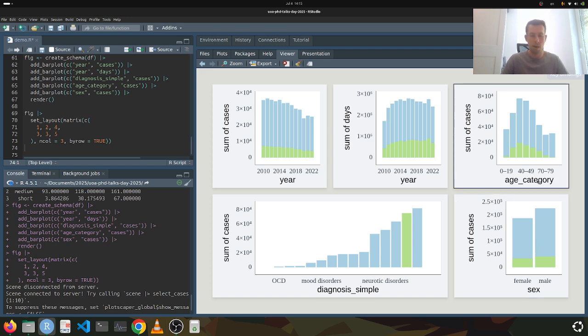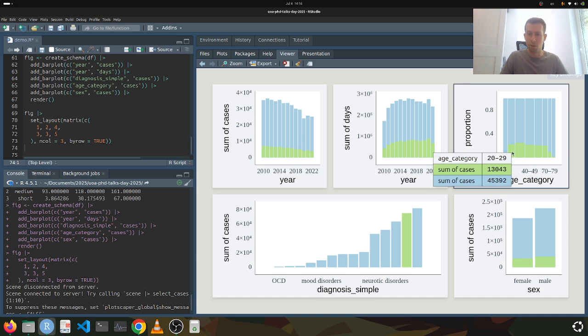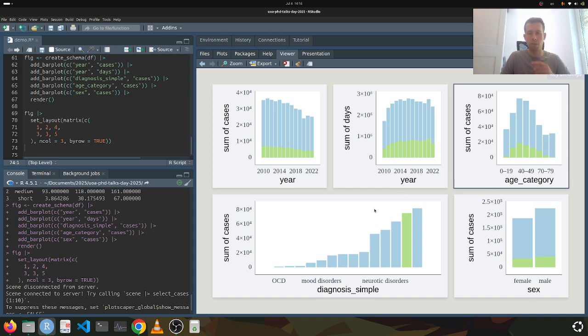And similarly, in the age category, we see that the schizophrenia patients are perhaps a bit younger than those with the alcohol-related disorders. If you normalize it, we see that this disorder seems to be a bit more uniformly distributed across ages. It seems to start around, let's say, 20 to 29, and then has about the same distribution throughout the age. And the other two important things I want to highlight is that